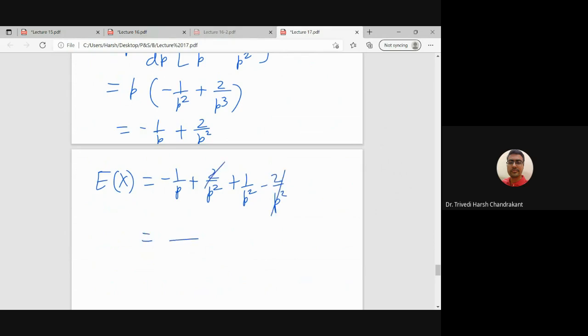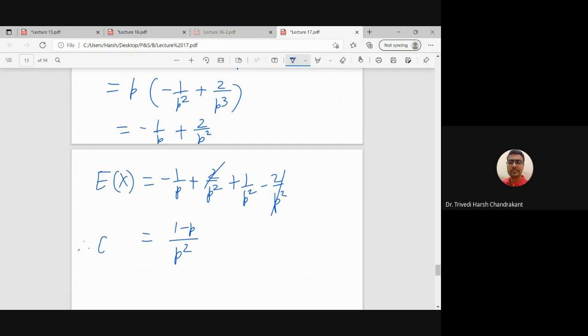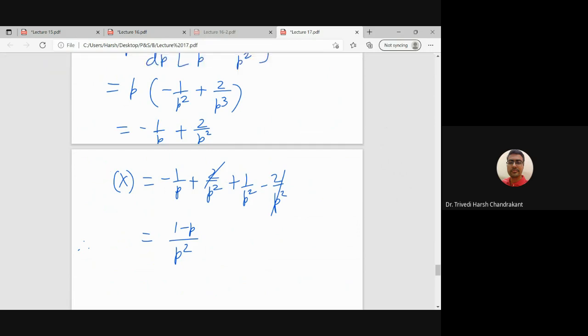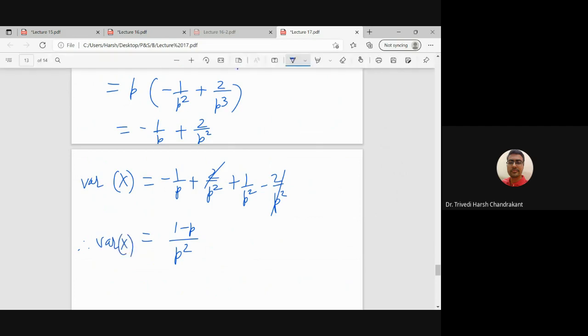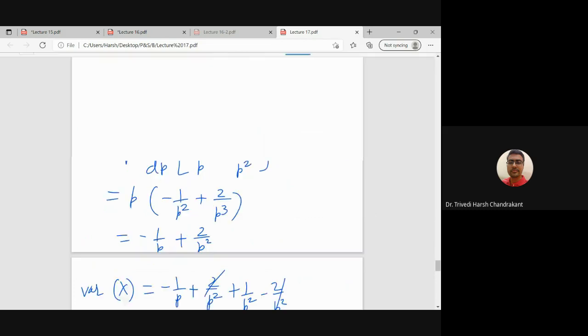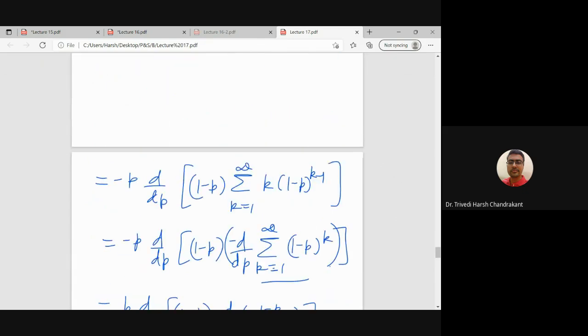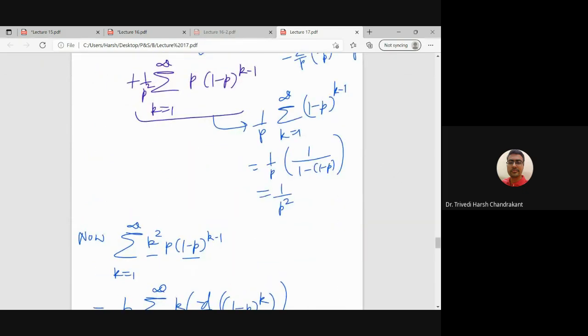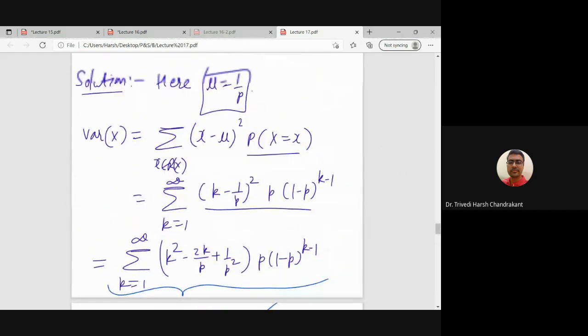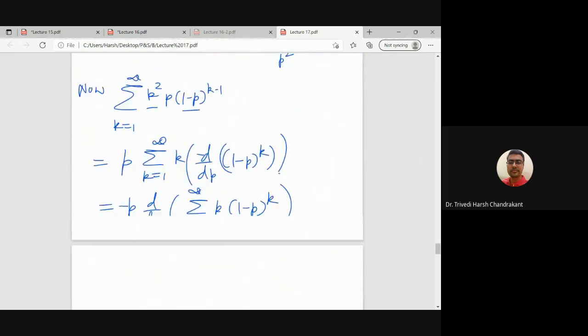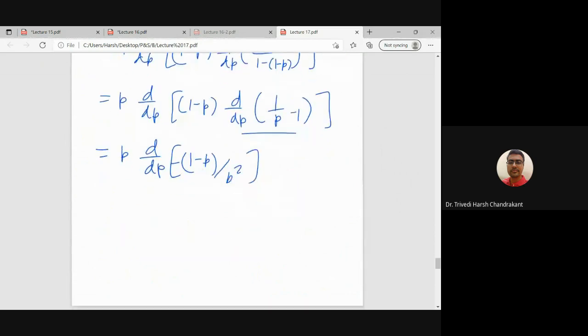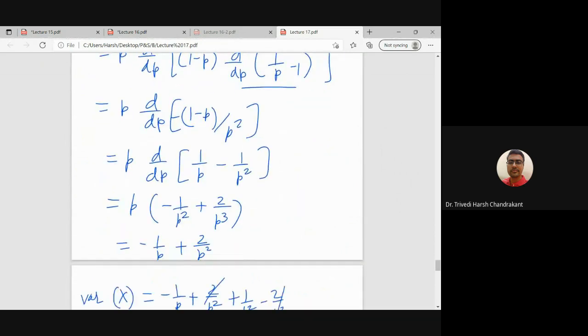So the final answer is (1 minus p) divided by p square. So this is not the expectation, this is the variance. The variance. So I think earlier I wrote the variance, right? Okay, so we have found the mean and variance of the Bernoulli and